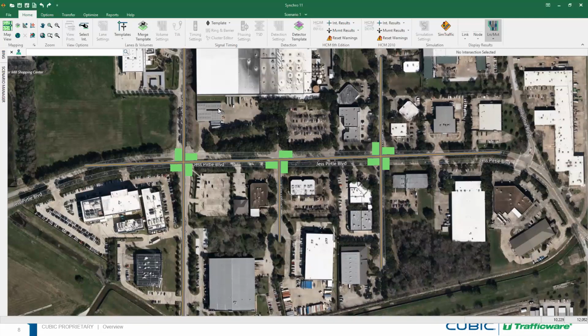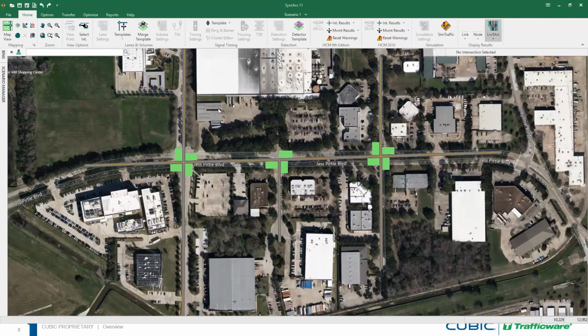You never used that functionality. No problem. When you open it in Synchro 11, at first it will open the network in some random location. So what you need to do is just follow the steps I just showed you, and then anchor, and take the network to the proper location, anchor it with the map. If you already used the functionality we have as a Bing region, where you can grab a region from the Bing map and then put it in Synchro,